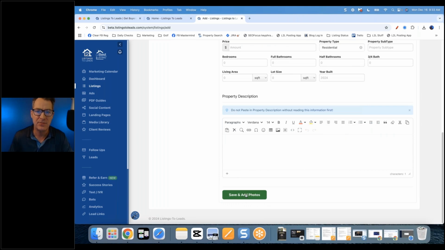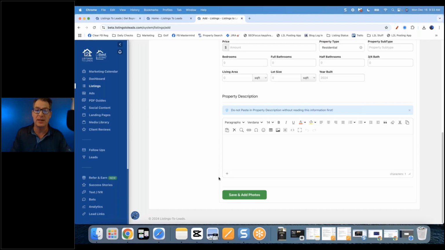You'll just click save and add photo, add the photo that you got, or go to Google Street View, screenshot, take that photo and add it here. Otherwise, what I would recommend is go take a photo of their property and try to take a decent photo. That way they understand that, listen, this is not a professional photo. This is not the photo that will be used to market your property, but it will give them at least